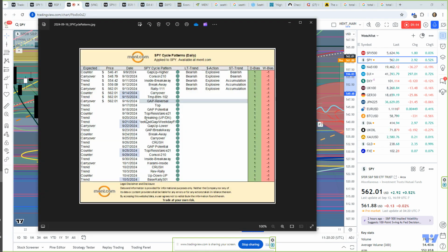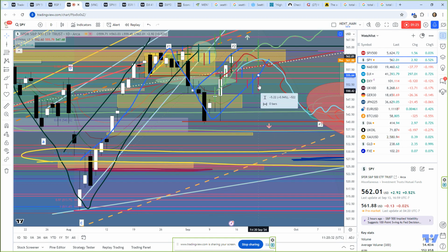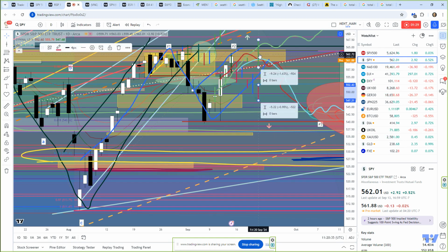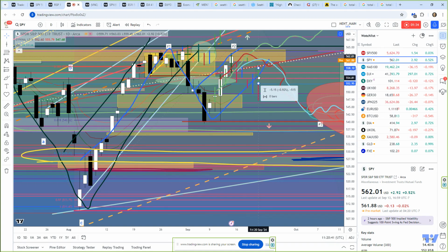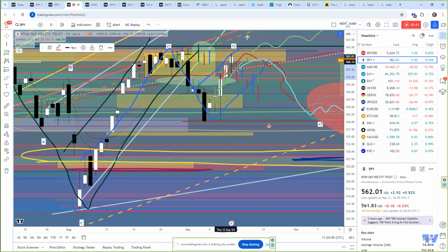And then the very last day, we get that breaking up or down pattern. A breaking up or down pattern in this case, I think, would be an indication of a downward move. So we'll call it like this. Or if we did get an upward move, it may be something like this. Breaking, meaning breaking one way or the other. We are likely going to roll into some sort of a roll over top type of pattern into the 23rd, 24th, 25th, and then move slightly downward, trying to take out this 540 area, or at least moving into this